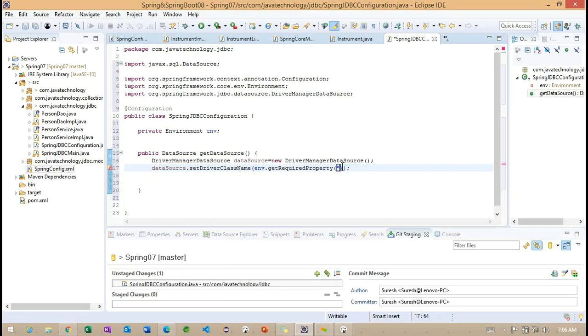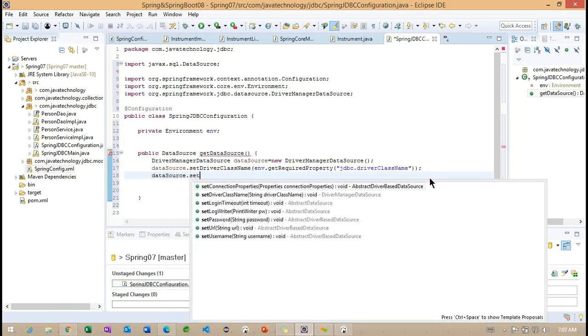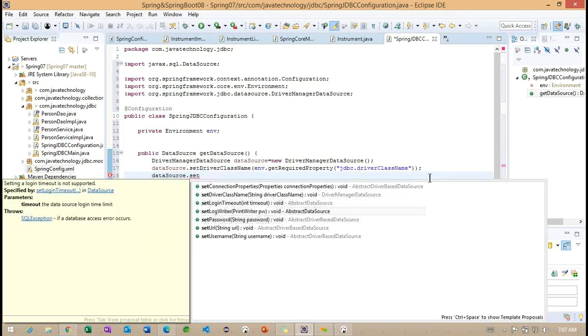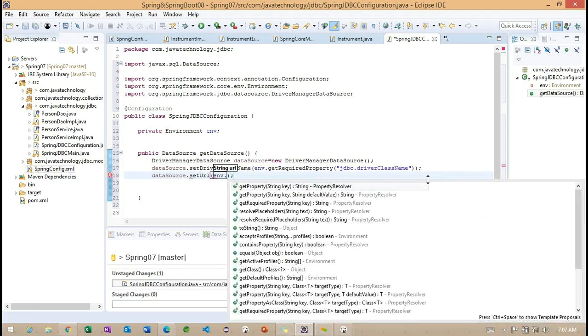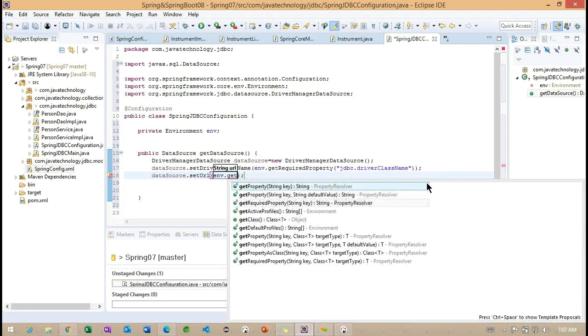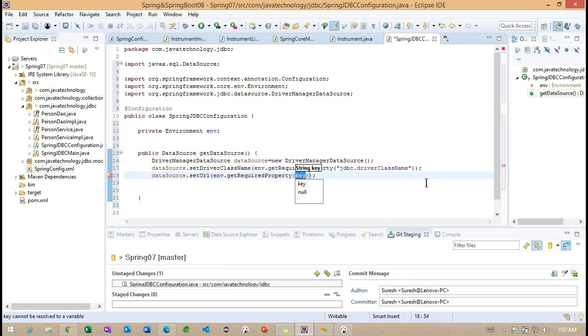We'll see this later, and as of now I'm going to add something called jdbc dot driverClassName. Then setUrl.